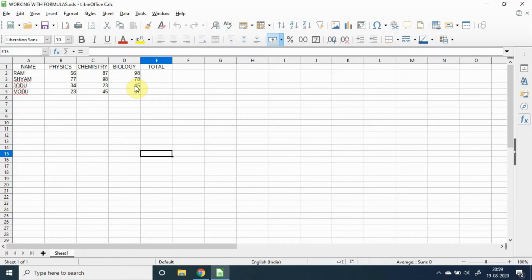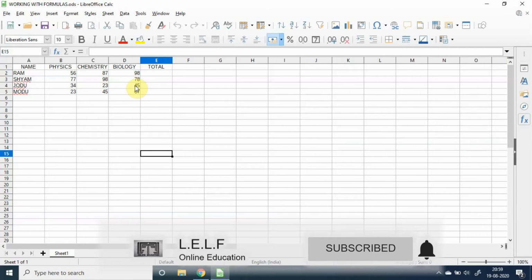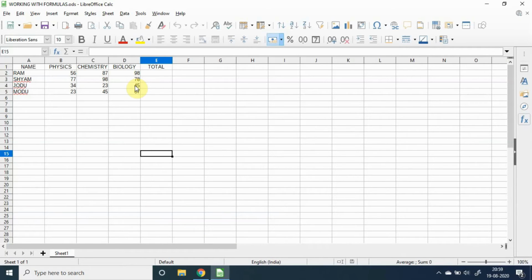We can use formulas to calculate or to manipulate the numbers. We can use the formulas with the operators plus, minus, multiply, divide, and it also includes the cell addresses. We already know what a cell address is.